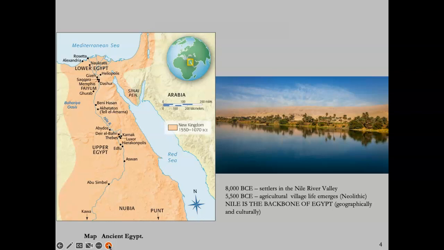It had predictable, reliable flood patterns, as opposed to, say, the Tigris and Euphrates, which flooded all the time, and it created a lot of chaos. The Nile flooded every September and left behind a fertile, boggy soil when it retreated in November. And this resulted in an annual surplus of crops, which provided a prosperous society, a large population that could count on its agriculture. It also is literally a highway that unites Upper and Lower Egypt.